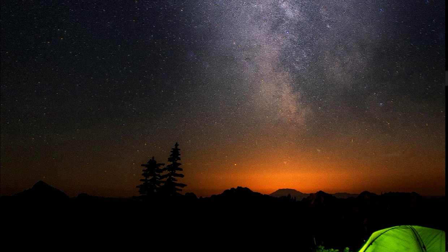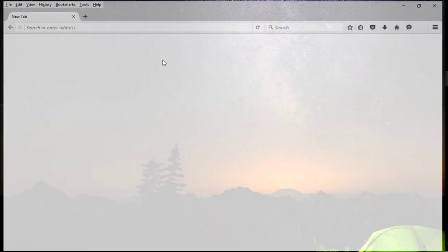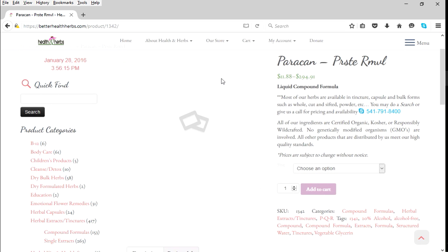It's Paracan number 1342. Let me go find number 1342. This is number 1342. 1342 is the number for that parasite formula with the green black walnut hulls in it. And here it is. It's called Paracan Parasite Removal. I'm going to bring it up on the screen here, and I'm going to drop it on here so later you can see the video, and you can see it there on